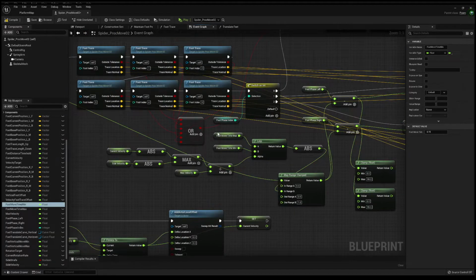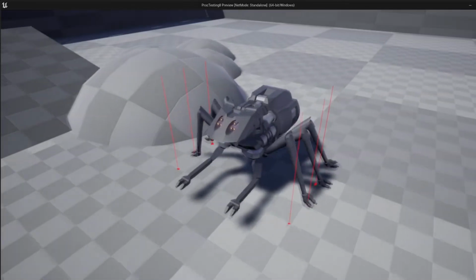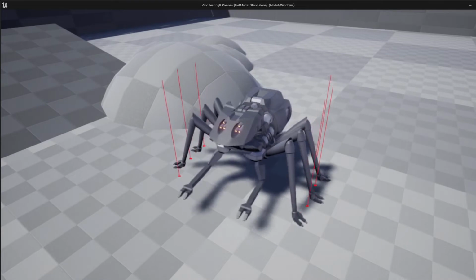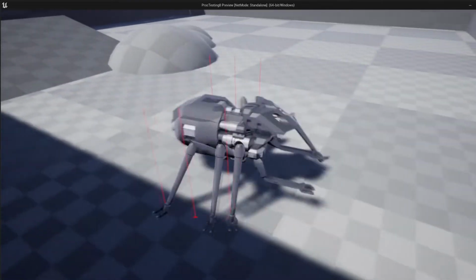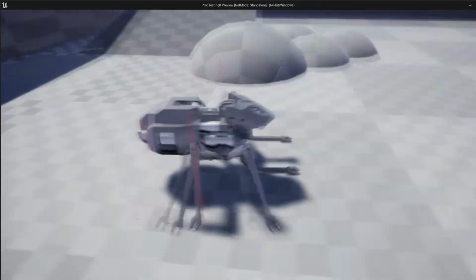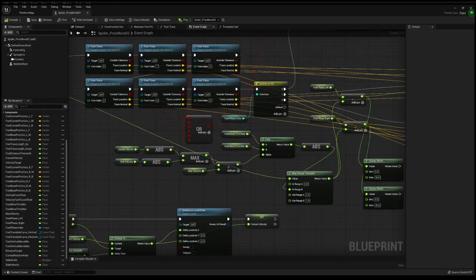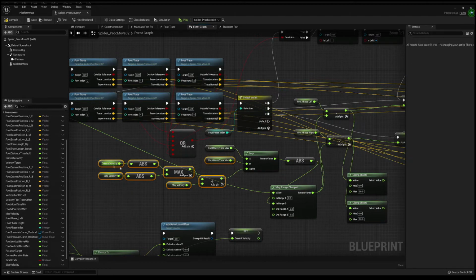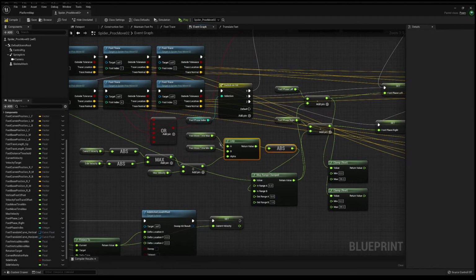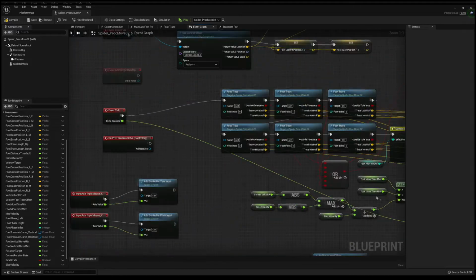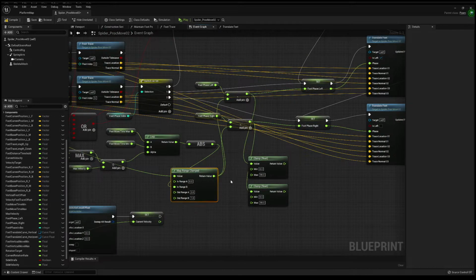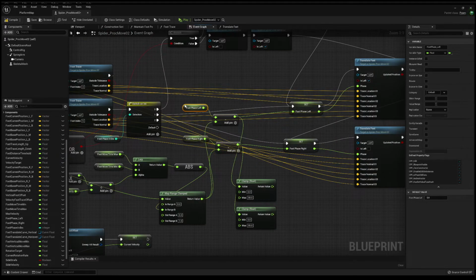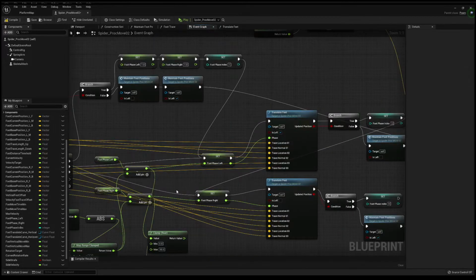And that time is determined by how fast it's actually moving, determined by this foot max and foot min for these values. For example, if it's moving slowly, its feet have a higher base value for how long the feet take to move. And if it's moving fast, of course, it takes less time to move. And all of that happens right here. It uses this to determine how long it should keep its feet up in the air. And then it maps that range to the actual delta seconds, how long it actually takes for the last frame to happen. And then that decrements it from the actual phase value. And it takes that phase value, and this is what it does with it.